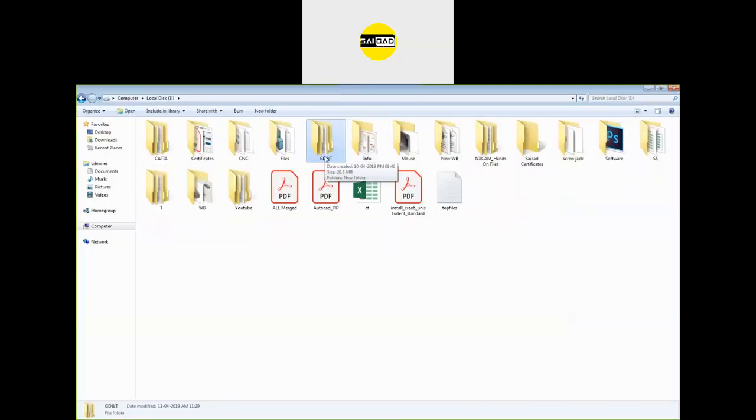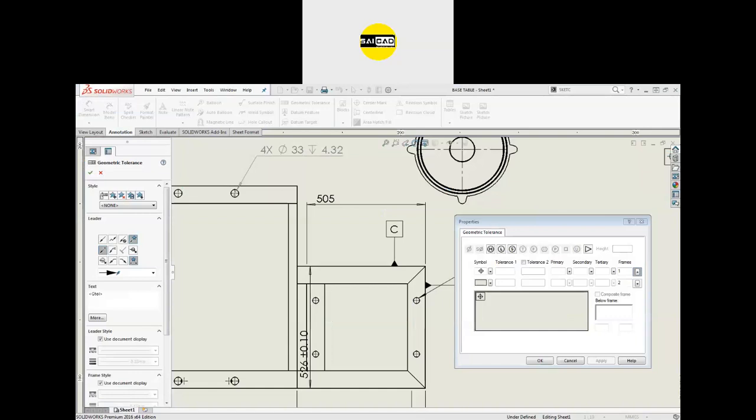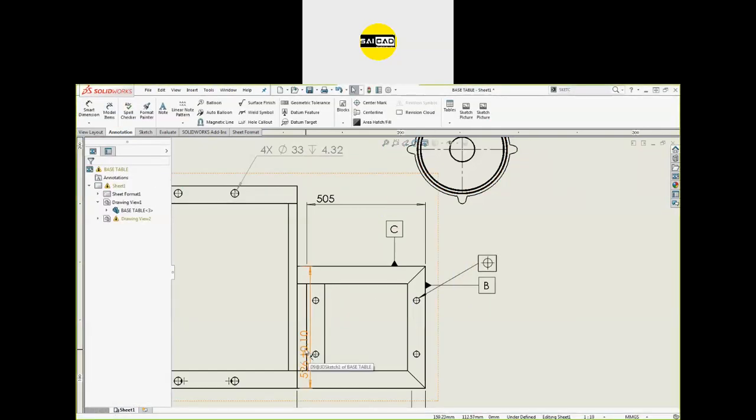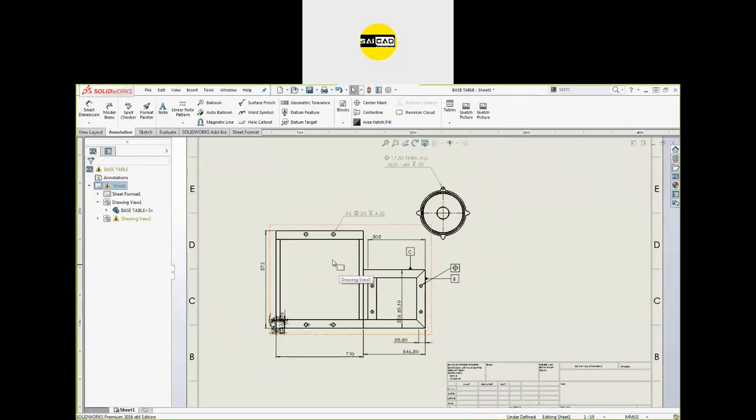We have some information for that. We will see with the help of some video references and images. We will take the class for the tolerance also. Okay. So to add the tolerance, just simply look here. If you want to add the tolerance to the dimension, just select the dimension and define the tolerance formula. You will be able to do that.